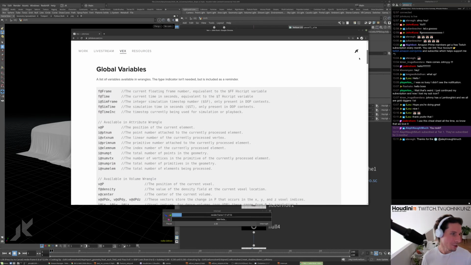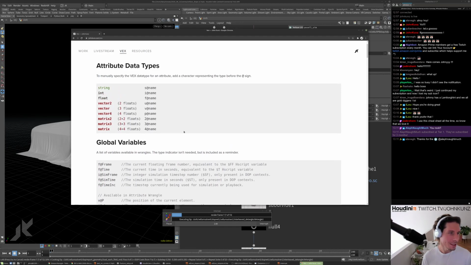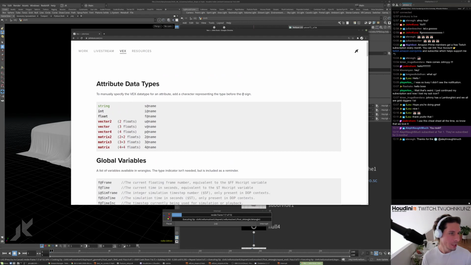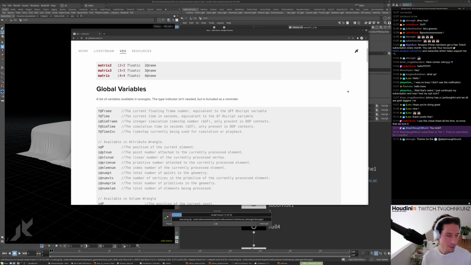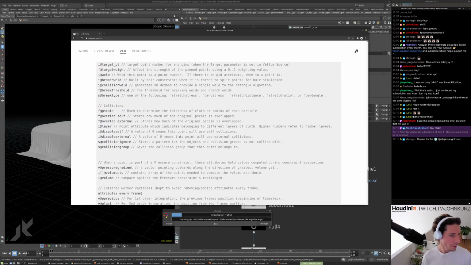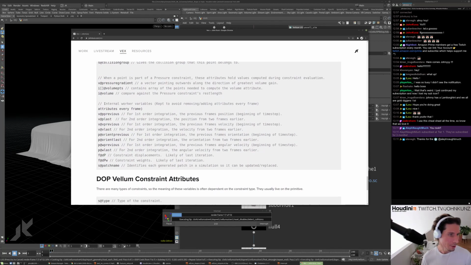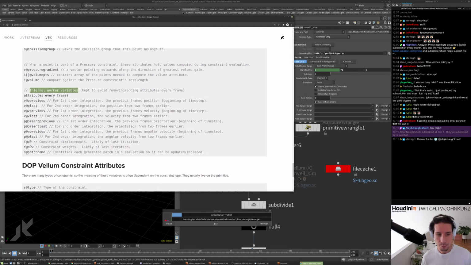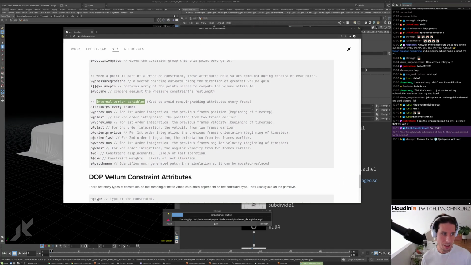So yeah, just making it as concise as possible. I added this data types guide at the top just to refer to the letter names. But yeah, with the Vellum stuff, some of those extra attributes are internal worker variables. Basically what that means is they get used by the solver every frame when it's making